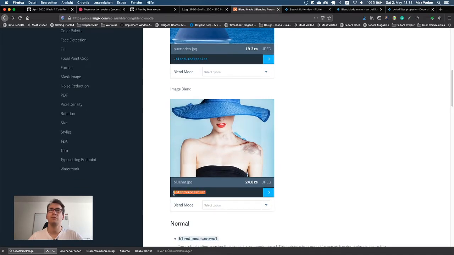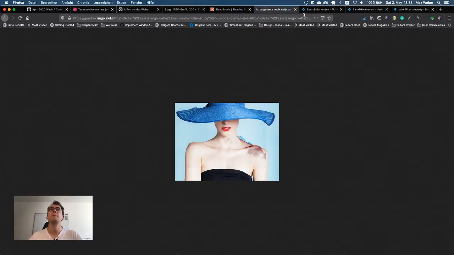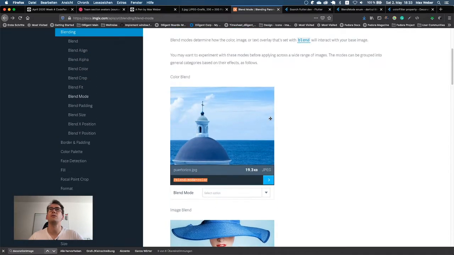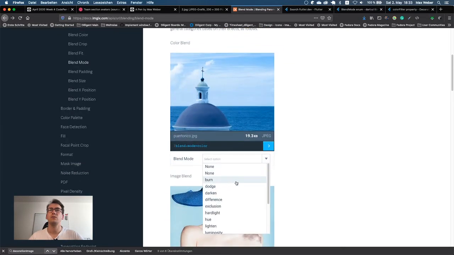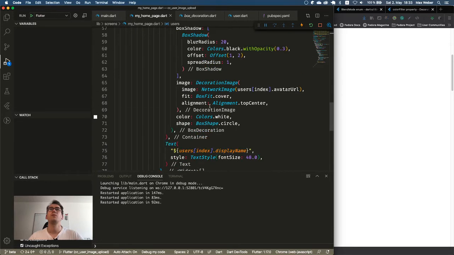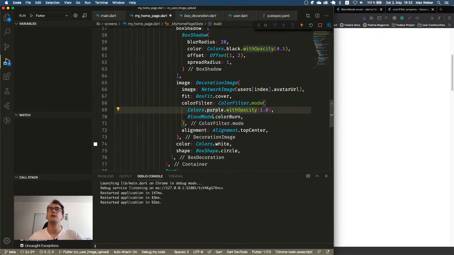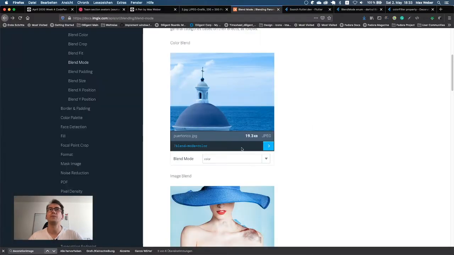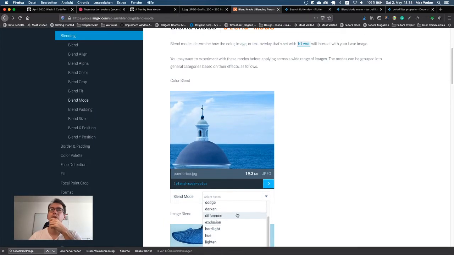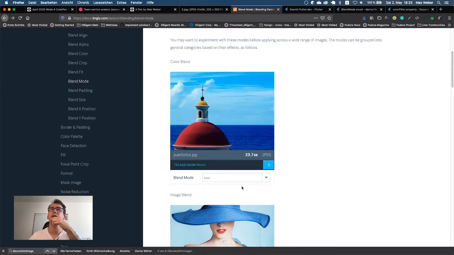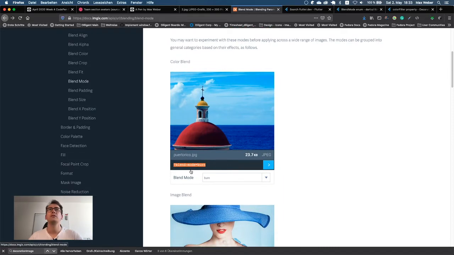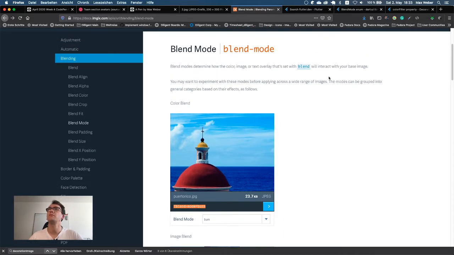Or blend mode burn, and then, I know this is with the image. Let's have it with the color for now because we started with that. So we wanted to have the blend mode, what was it? Here we go, color burn with purple. So let's see how this looks. We take color burn, we have burn here. And can I also add a color? Yeah, so blend mode burn.